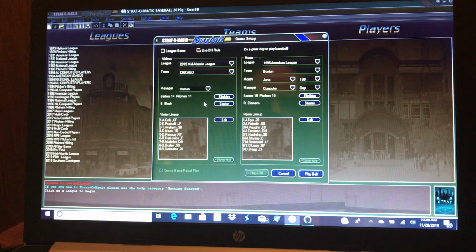As a reminder, the cards for the Chicago White Sox players are based off the actual stats from my 1991 World Championship season, because I sent the stats to Strat-O-Matic and had them made as personalized cards. I simply entered them into the computer as new players, or custom players. So what we have is the 91 Championship White Sox, controlled by me, and the actual 96 American League Boston Red Sox, controlled by the computer.